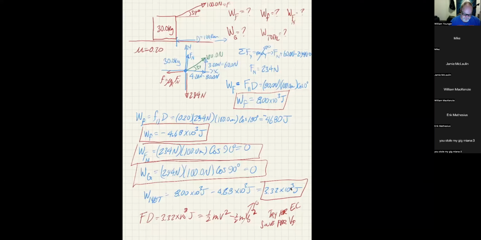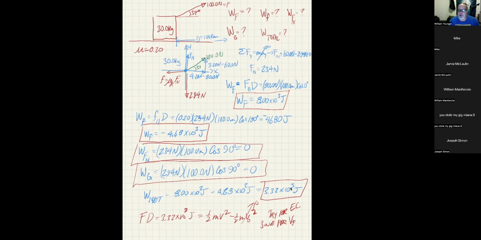Yes, this is more for my understanding. Let's say the work of the normal force and the gravitational force. Let's say that thing was on an incline. Would we have to find the angle of the incline, and that would be the cosine of that? Yeah, if you were doing the same problem on an incline, then you'd probably want to do a tilted